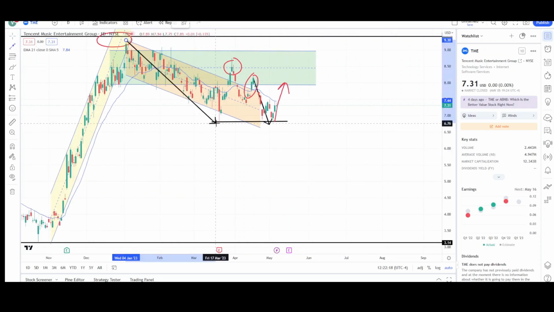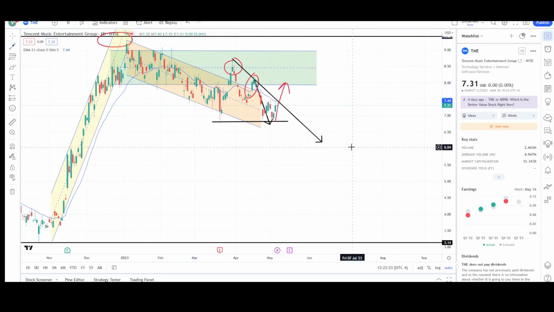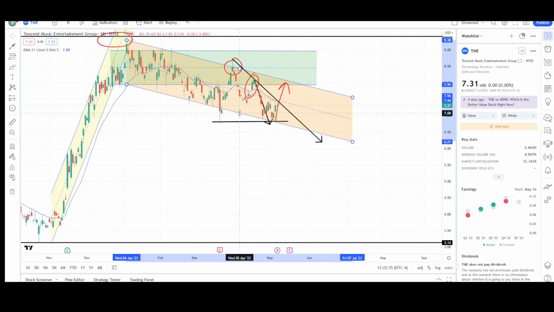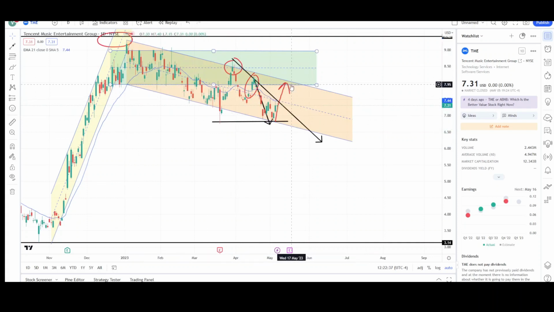So this is all one leg down. Prices had that pullback, and this is the second leg, and this is targeting the 6.20 level. So shorts could still be attempting to reach this level because the downtrend could be a little bit wider now. So if you make it a little bit wider, this still fits against the price action. So maybe we get rejected from right over here again, right over here. But if we break it and we pull back and hold that $8 level, that's a very good sign.